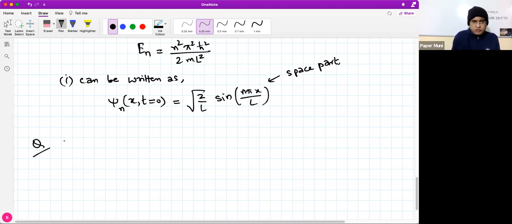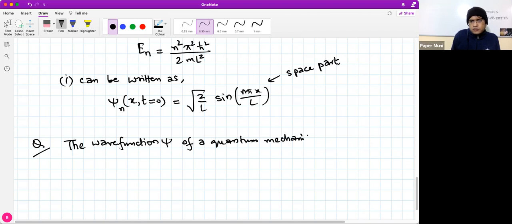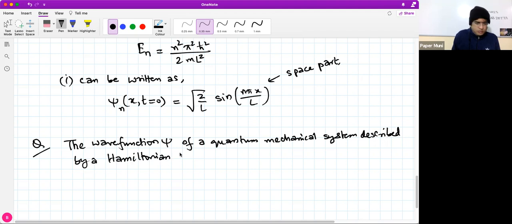So the wave function psi of a quantum mechanical system is described by a Hamiltonian, Hamiltonian H cap, which can be written as